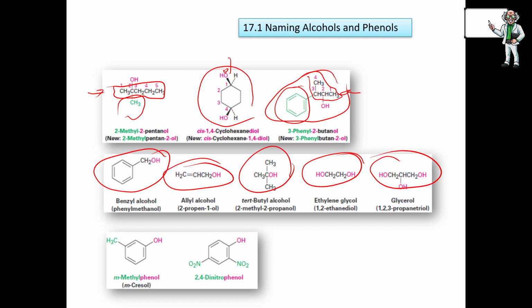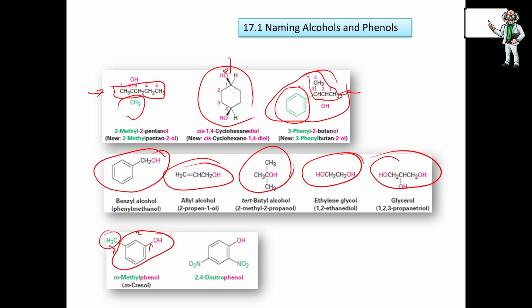Okay? Importantly, when we have an aromatic alcohol, what we need to do is to cite the name of all this compound as phenol. Okay? That means if we have this compound, all of this is phenol. That means that we have a substituent here that is a methyl, so it will be 3-methyl phenol, because the hydroxy is position 1, this 2, this 3. Okay? Remember that we always have to choose the lowest numeration possible. That means this will be